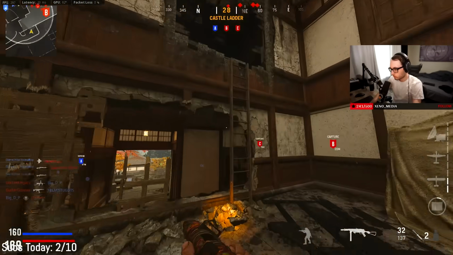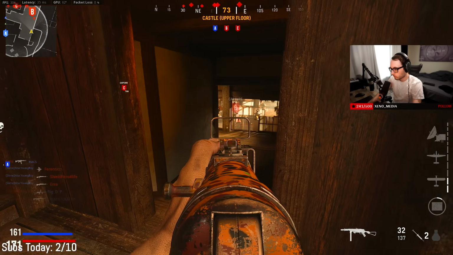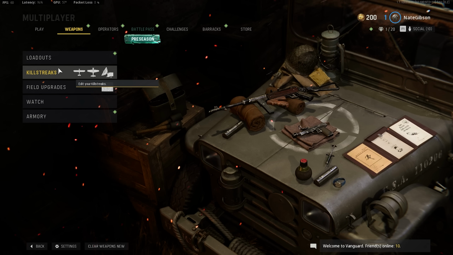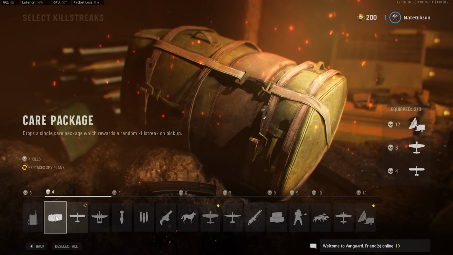So usually you have more bloom. I haven't really noticed that at all in the game, so I don't really know how that mechanic works. And once again, don't really understand why it's even in the game. Anyways, kill streaks are very boring in this game. I have not cared about kill streaks in a Call of Duty game